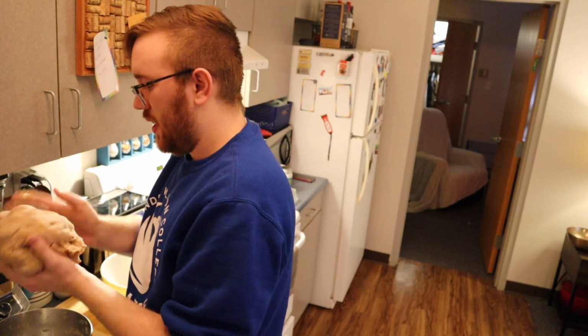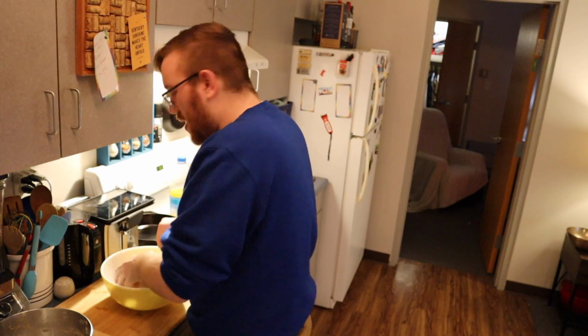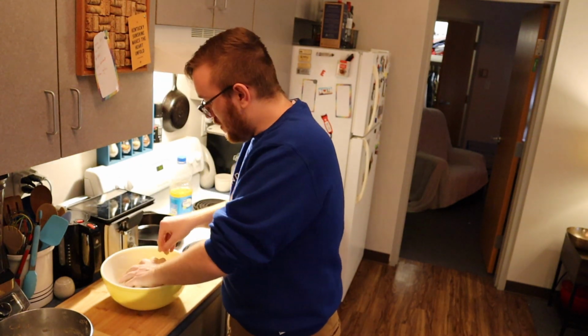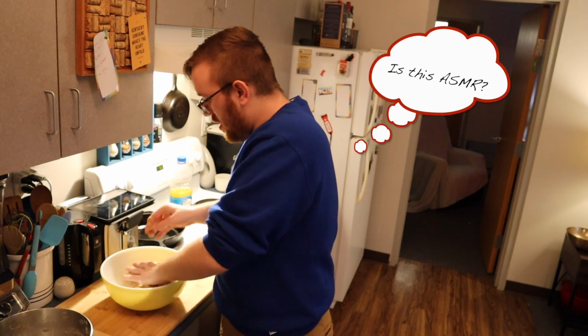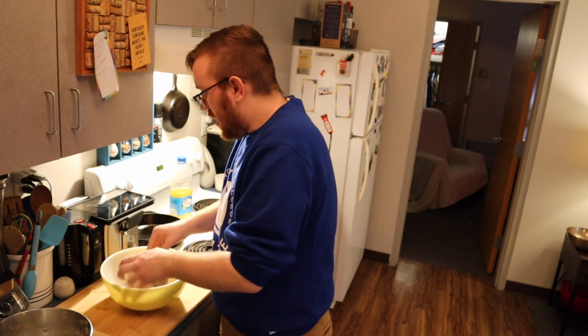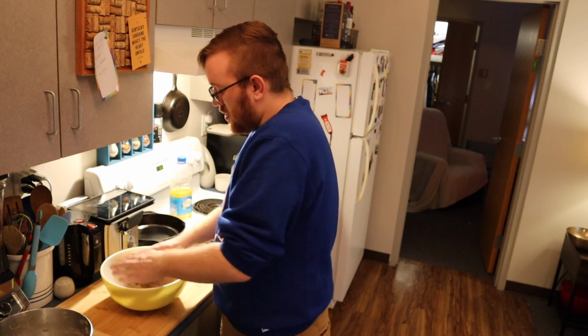So, here is our giant ball of dough. We're gonna put it in this bowl here, and we're gonna turn it a bunch of times so that we get oil all the way around it. We're not really gonna knead it yet. I think I just wanna let it sit here. And then one of the big things is the recipe's gonna ask you to